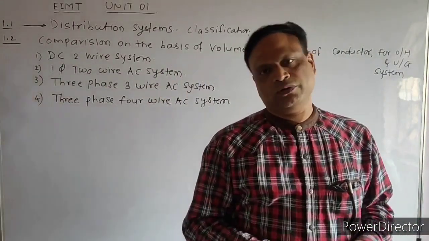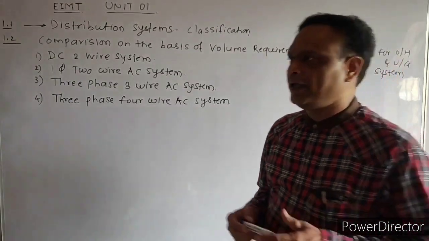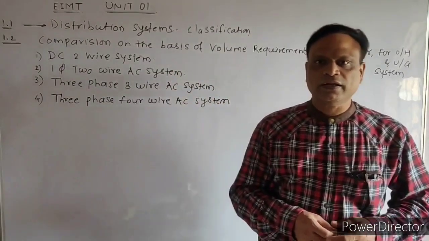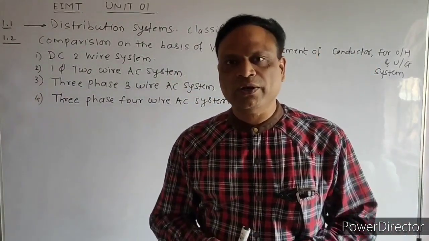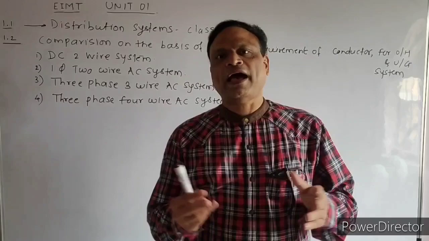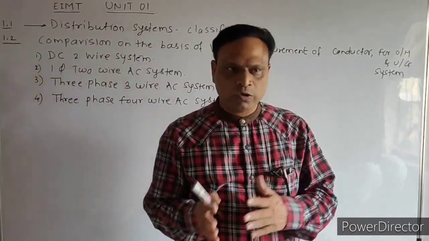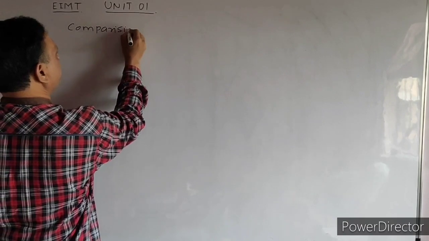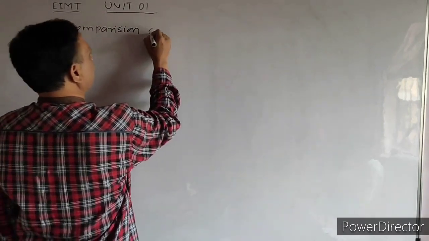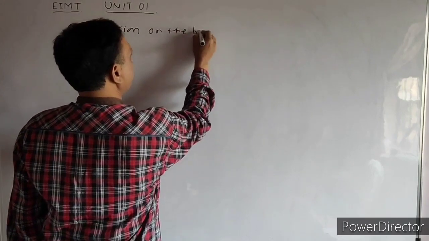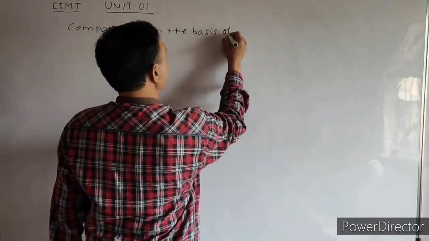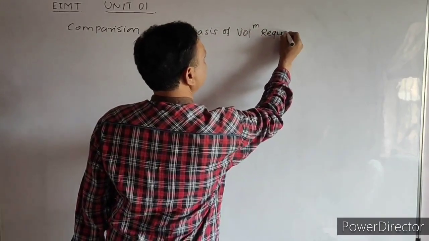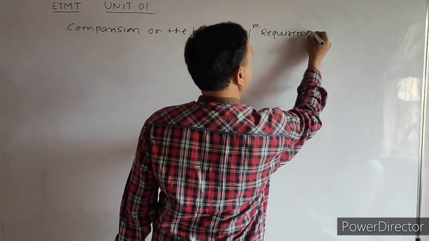So we are going to jot down some various expressions or equations for volume requirement of the conductor in all these systems, and we are going to compare these systems as per requirement of the volume. Taking the comparison on the basis of volume requirement of the conductor, we are making some assumptions, and these assumptions will remain